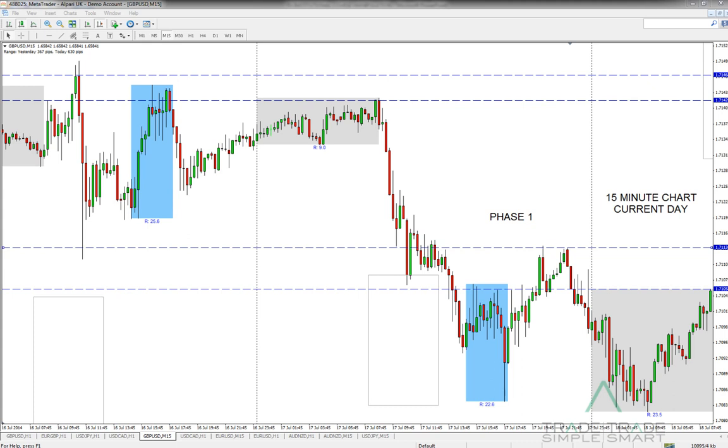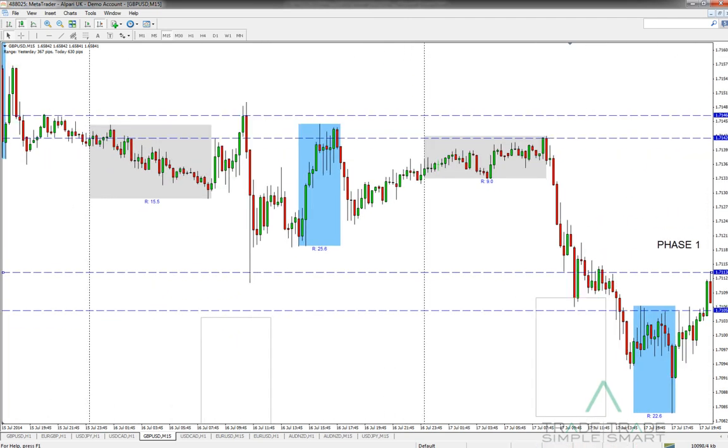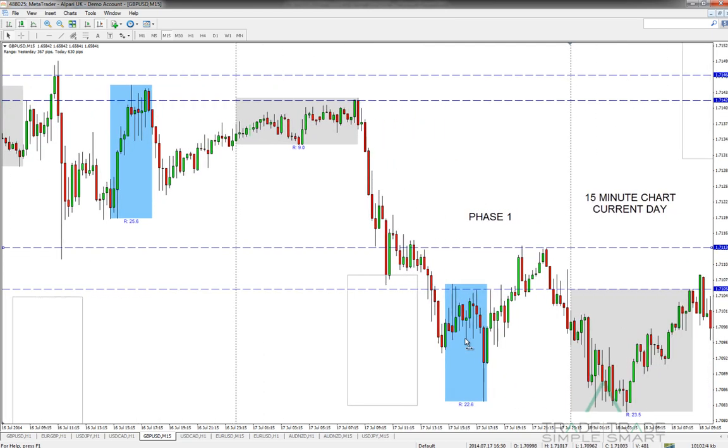And with our higher manipulation level, we'll have to scroll back to take a look at prior price action. And we can see that not only does it have a previous touch, but also that it was used as the manipulation of the Asian session of 2 days prior. So if I scroll back to the current day,